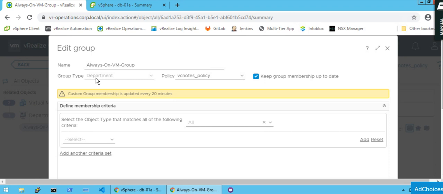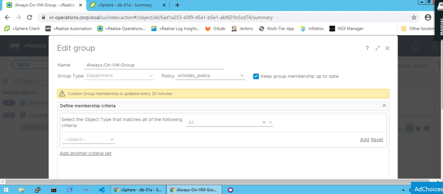For group type, I have selected department, but if you want to select any other group type, you can create the group type as well and then select that group type here. I have selected the default one because I'm not bothering about the group type, as for demonstration purposes I am not thinking about the segregation and the cleanup things.